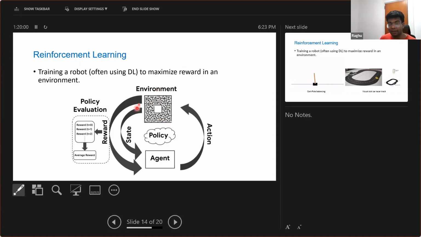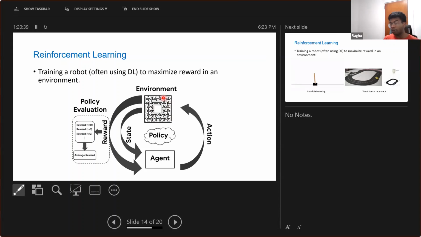This environment is very important. If you see those Boston Dynamics videos, the dog robot, whenever it is walking, say it has a target point to move to. When it is moving, the engineers would be kicking it. Even if the robot is kicked, it falls down and then gets up and moves towards the target. That kicking is the change in the environment. So regardless of the changes in the environment,